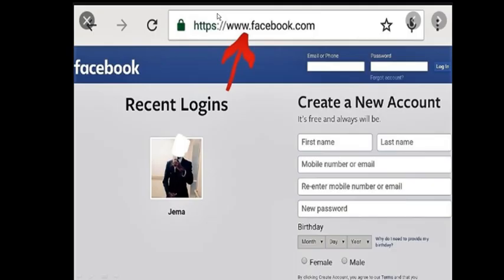Next is a web page of Facebook. When you initially log into Facebook, this page you get to see, and this page also can be created using HTML. Here you can see there are icons for refresh, back, forward and so on, and here you have a URL, and here we enter the email and the password. Here you have the image, and this is a form where you have to enter the first name, last name, and this is a different format for entering the birthday, female, male and so on. So this web page also is made up of different elements.